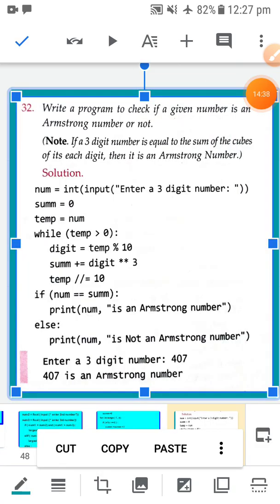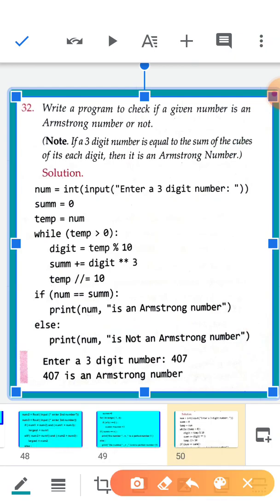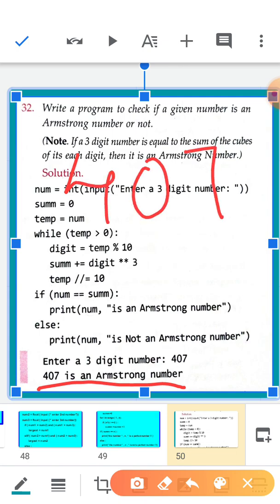Now another program: write a program to check if a given number is Armstrong or not. Which numbers belong to the Armstrong category? One example is 407. 407 is a 3-digit number. An Armstrong number is a 3-digit number that is equal to the sum of the cubes of each digit.